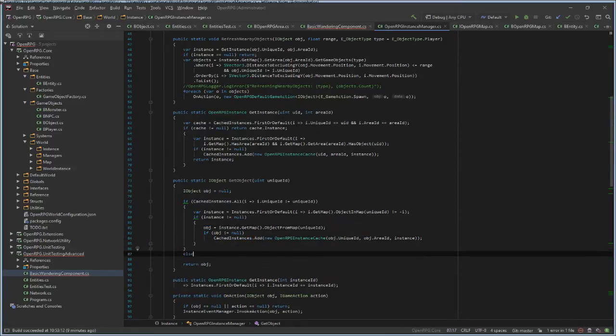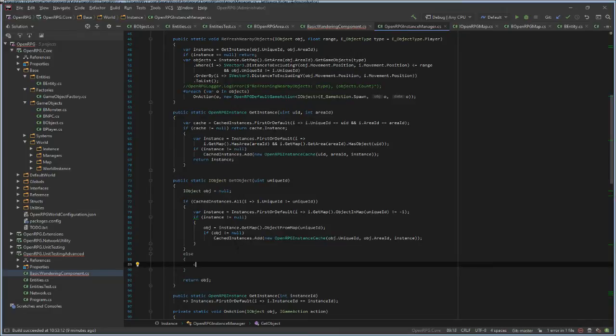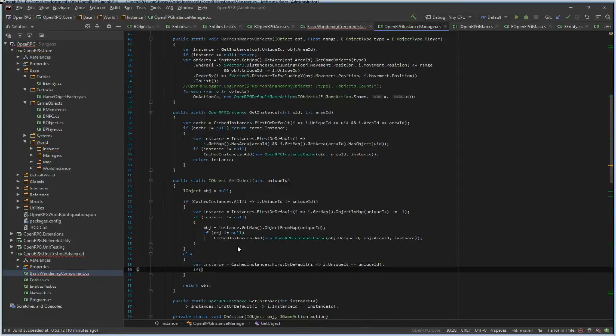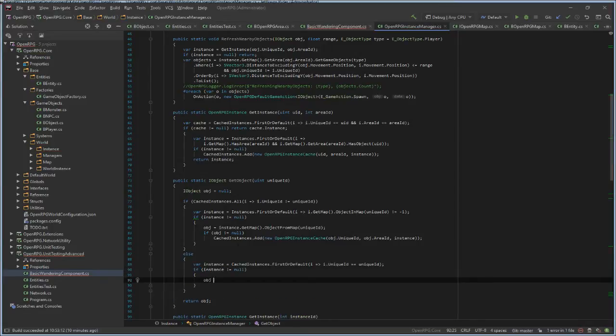But if we do have an instance, we just get this instance like this, cached instances first or default, unique ID equals unique ID, instance isn't equal to null, object equals to instance dot instance.